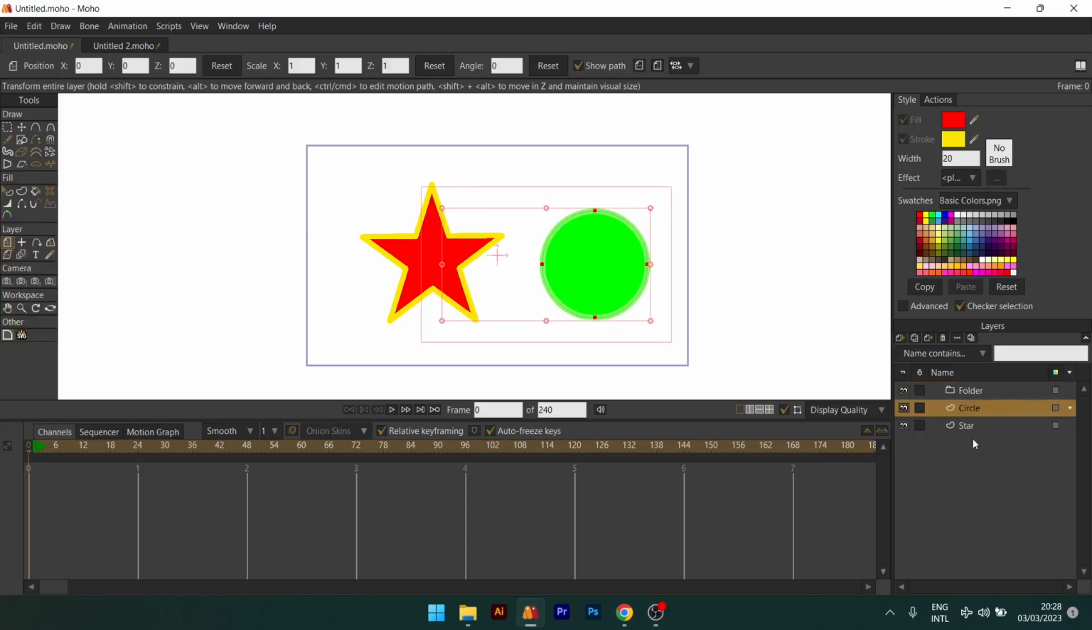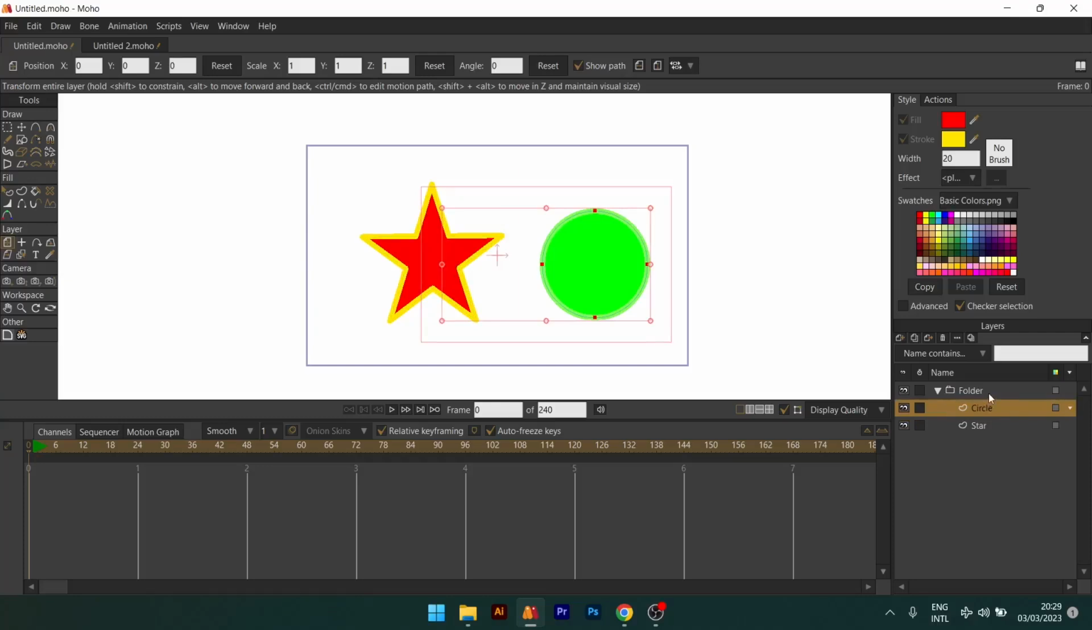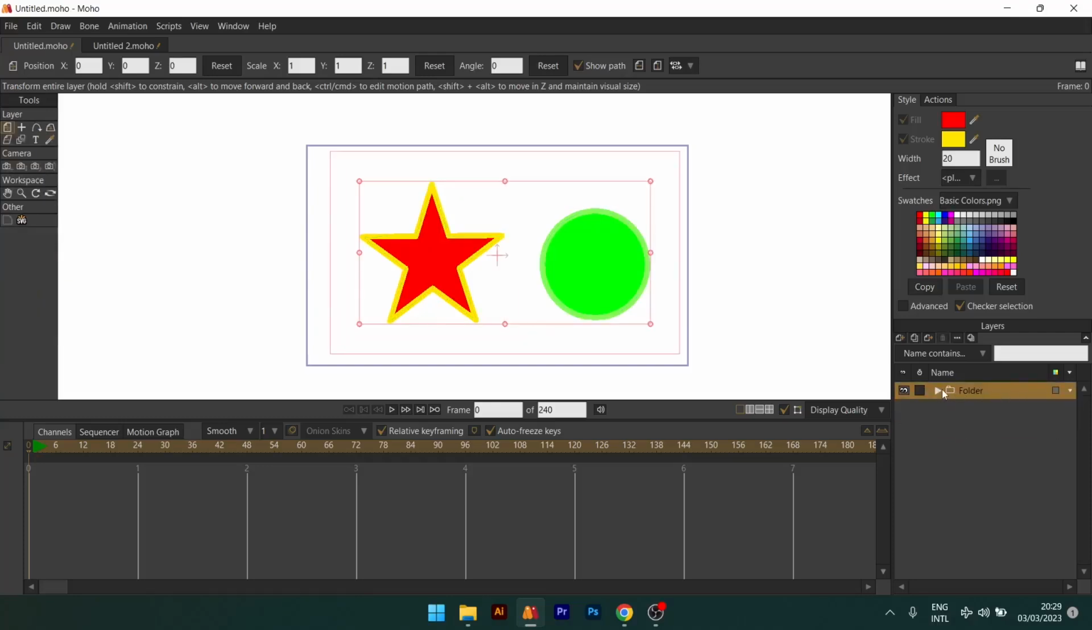Then we're going to drag our circle, put it on top of the folder and release. Same thing with the star, drag, put it on top of the folder and release. We can reorder the position of our shapes. I still want my circle to be on top, so I'm going to drag it above. You can see a line separating the folder and the circle. So we have both of them inside our layer,